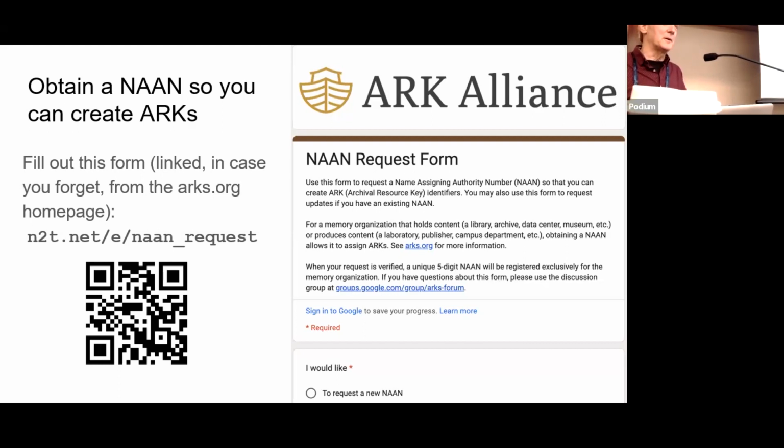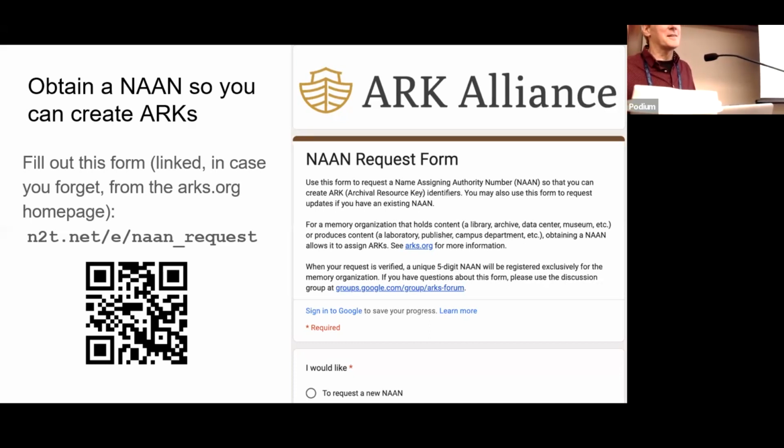That's a little bit of a no-no. We want you to be an organization. We want you to have a persistence, a promise, some organizational backup. There are some projects that just get started, just getting going, and they say, we want a NAN because we're getting ready, and we'll come back to you when we build our resolver in a year. So that can happen, but we want you to be more than, if we suspect that you're just a person and your cat or something.